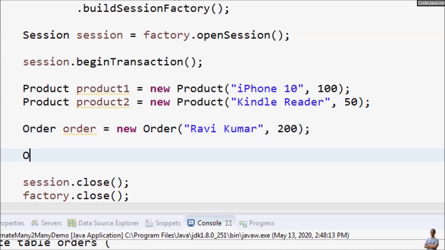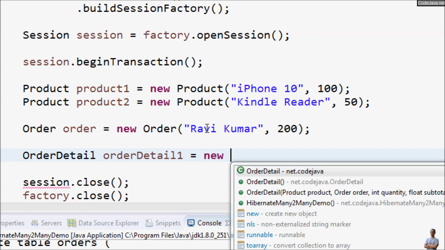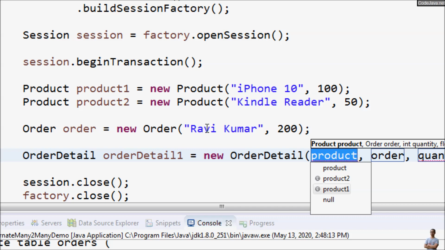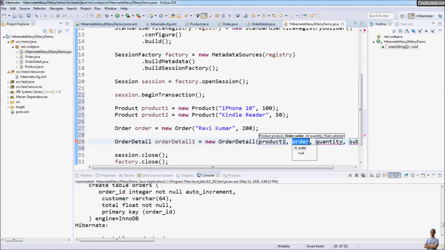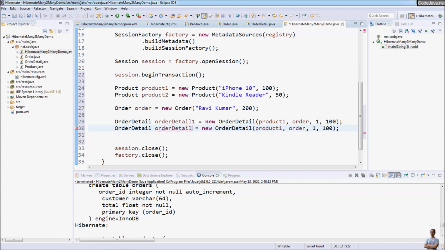and then we need to create two order detail objects. Order detail 1 contains the first product 1, and quantity is 1, and the subtotal is 100, and the second order detail object, order detail 2, contains product 2 and the quantity is 2. Subtotal is 100, so the total of the order is 200,